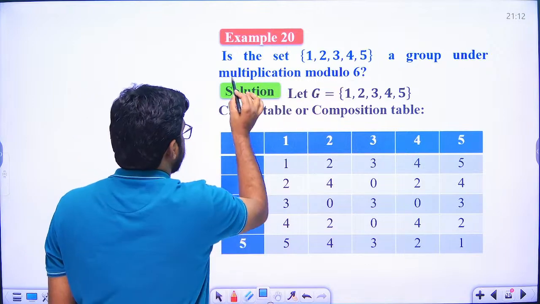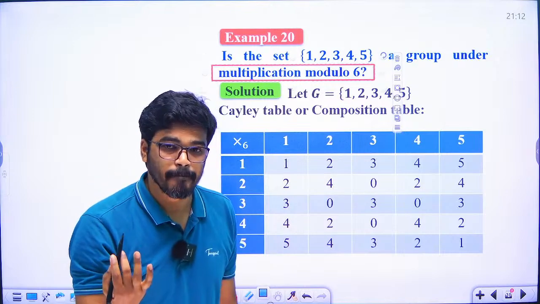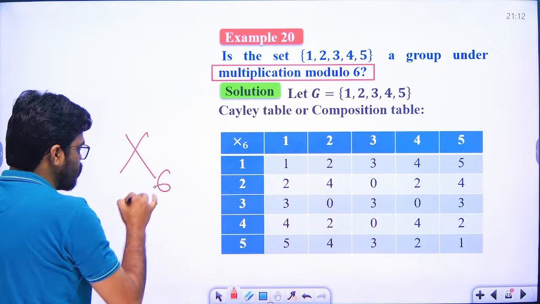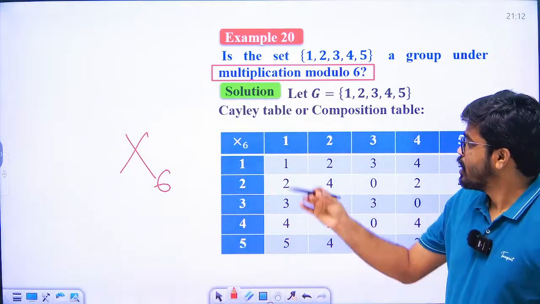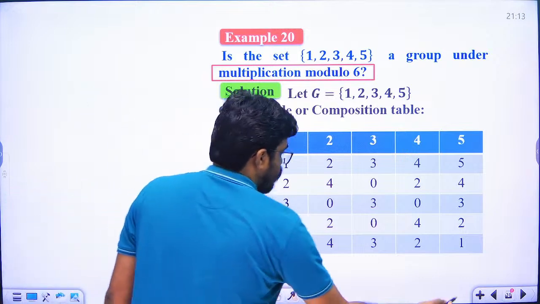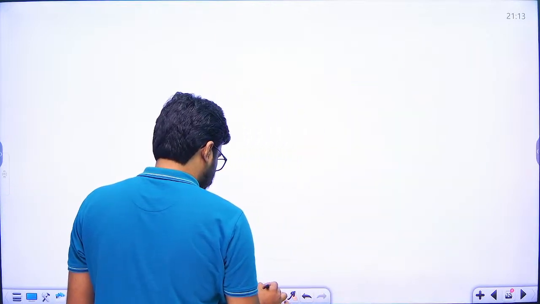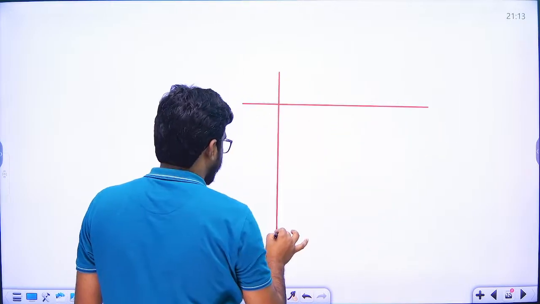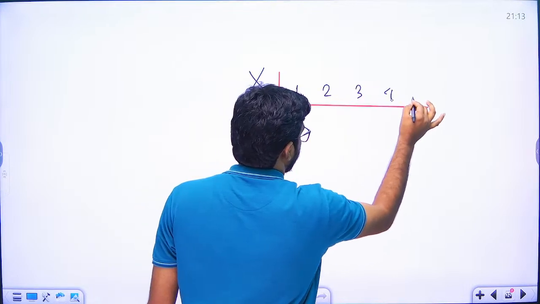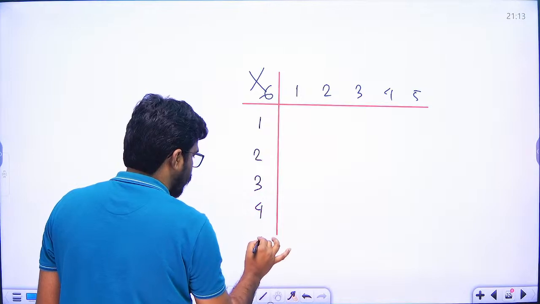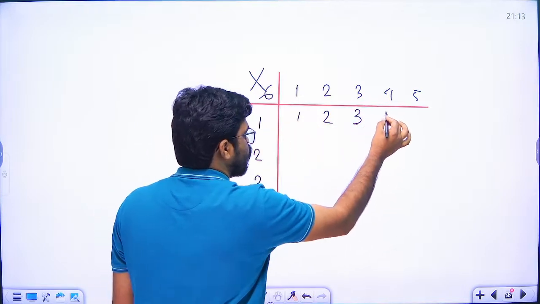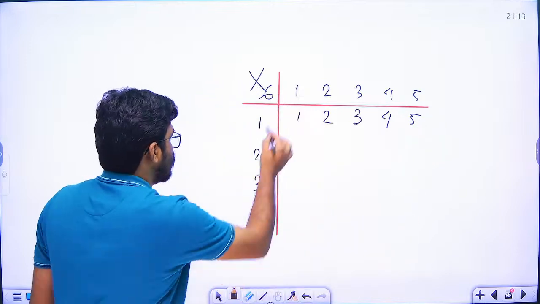Okay, same concept, same set I have given, 1 2 3 4 5. Is it a group under multiplication modulo 6? Will it be a group with respect to multiplication? Look, then with respect to multiplication I will construct the composition table, multiplication modulo 6. First we construct the table. What is the table? Very easy, just construct it. What are the elements? 1 2 3 4 5, right? 1 2 3 4 5, just see what the set is here, 1 2 3 4 5, multiplication modulo 6. 1 into 1 is 1, 1 into 2 is 2, 1 into 3 is 3, 1 into 4 is 4, 1 into 5 is 5, 2 into 1 is 2,